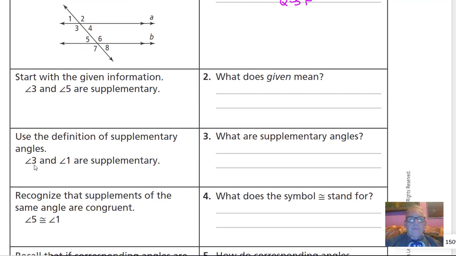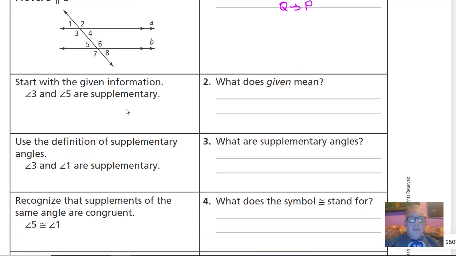Let's look at the next one. So start with the given information. They're telling us we're starting off with angle 3 and angle 5 being supplementary. So given is existing conditions. And we use our existing conditions and then reason using theorems, postulates and definitions to our conclusion, which is usually the to prove part. So conclusion,